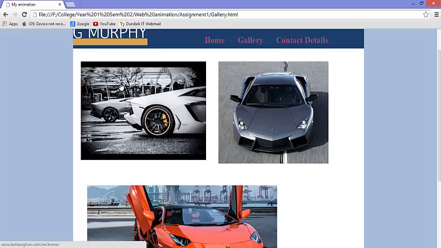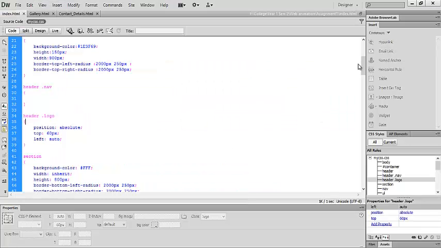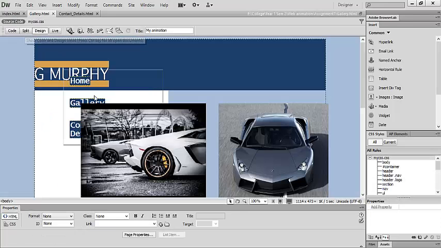But unfortunately, it just didn't happen for me, whatever code I was using. As well, I tried to add a box shadow, just for that added effect once you hover over, to make it stand out that bit extra. It just didn't happen. I'll show you now in the code. I'll just go to the gallery, and there's